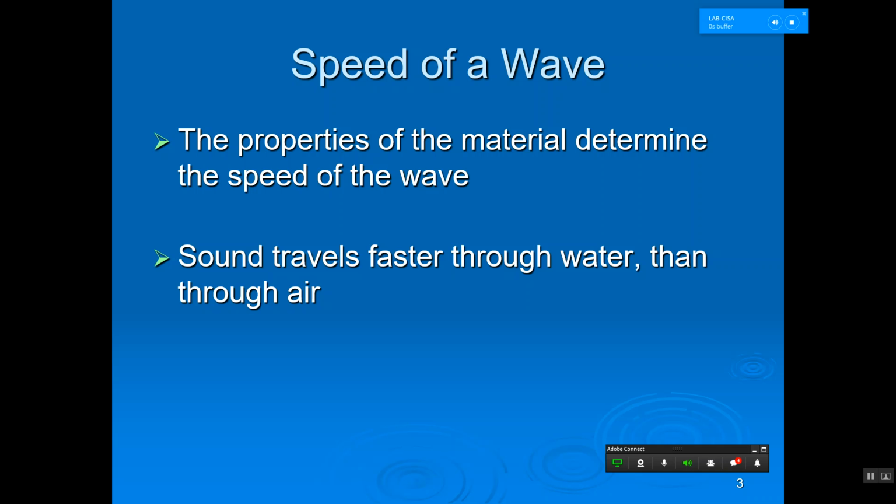For example, sound travels faster in water than it does in air. Did you guys ever hear of these YouTube people called the Slow Mo Guys? Their videos are hypnotic and addictive to watch. They do scientific things and measure them in slow motion. They detonated a grenade underwater and looked at it in super slow motion. Very cool to watch. I encourage you to watch it because it's fascinating.